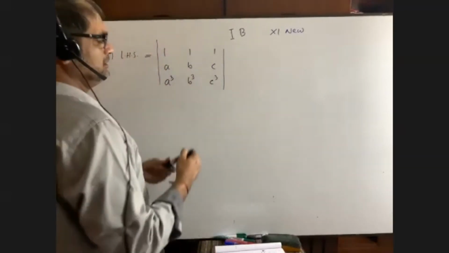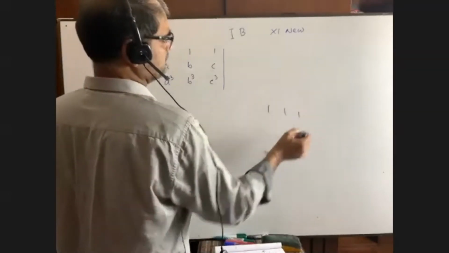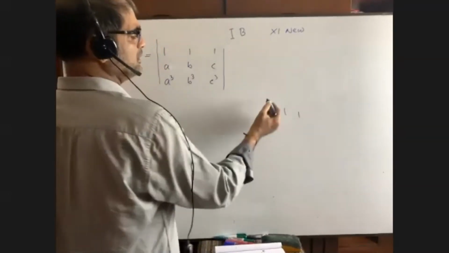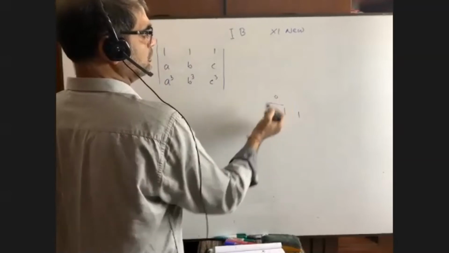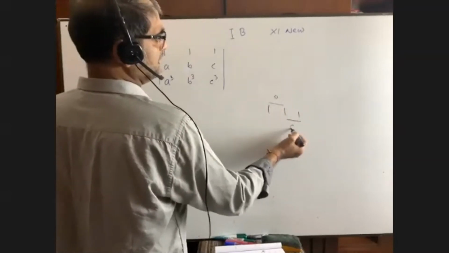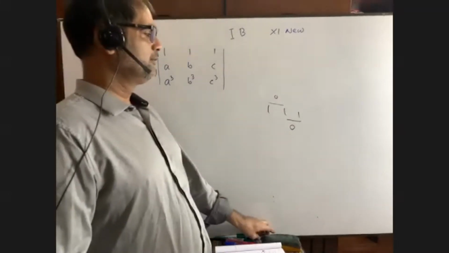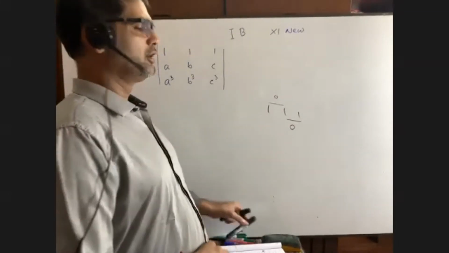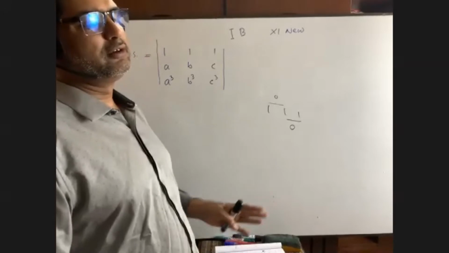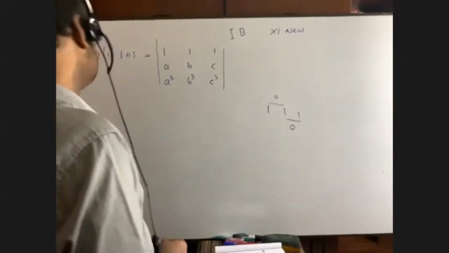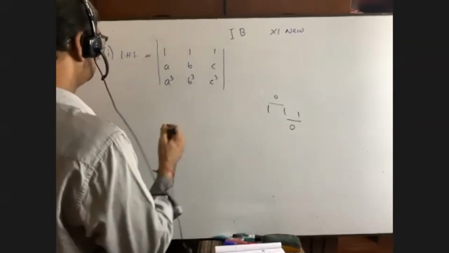We are lucky if we get 1, 1, 1, right? Because if we subtract, we will get 0. That day I told you that we are really lucky if we get 1, 1, 1 anywhere, so we can make 2 zeros in a row or in a column. So then what should we do, dear students?